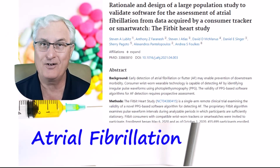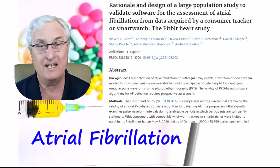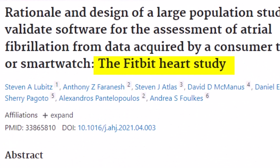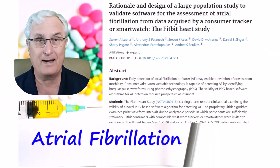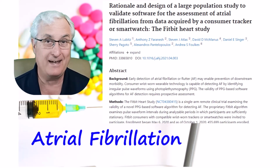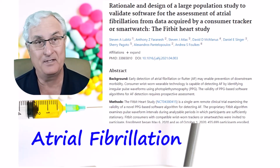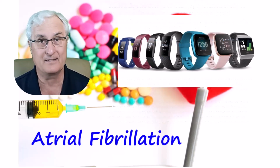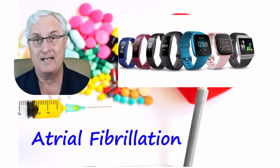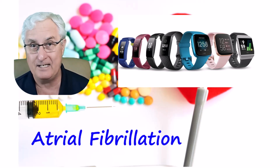At the American Heart Association in 2021, Google presented their Fitbit study to evaluate atrial fibrillation involving 450,000 people that took part. The algorithm Google used correctly identified atrial fibrillation 98% of the time. Now, the exciting part about this was that it was done using a wide variety of Fitbit devices, not just the Fitbit Sense. It is possible with the software change that most of the Fitbit line can now continuously monitor